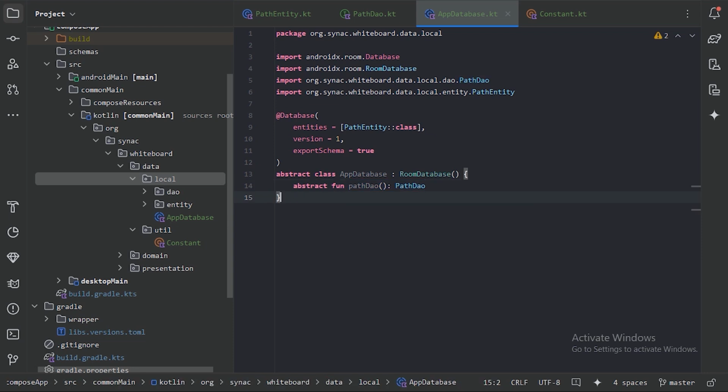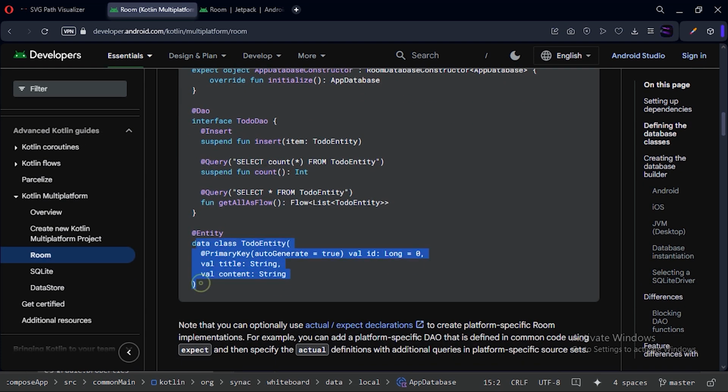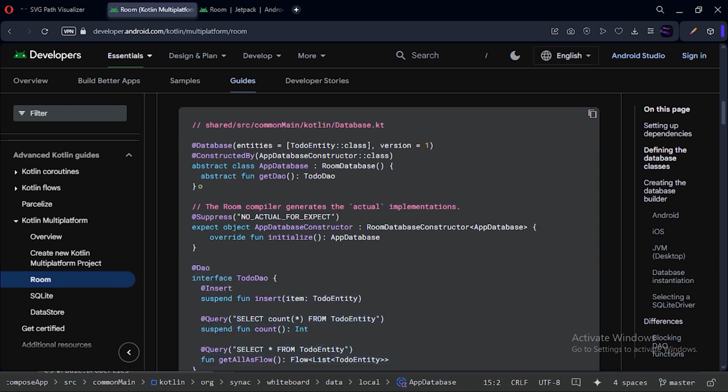Next thing, let's go to the documentation, and here we can see we already specified the entity and this DAO and also this database class. And next thing, we need to add this AppDatabase constructor object. Here we are using this Room library in the Kotlin Multiplatform project. So this Room library will generate some code with this object class. So let's just copy this code,